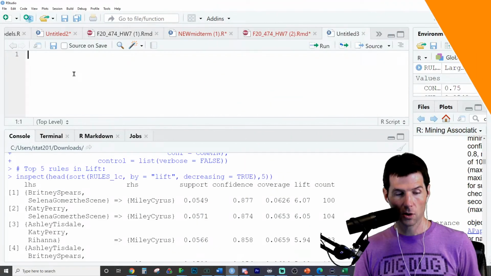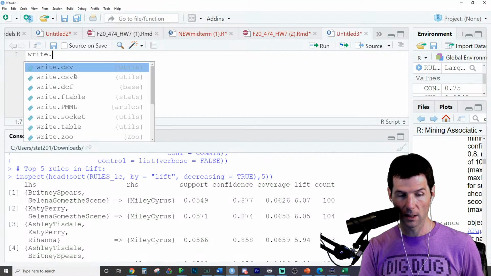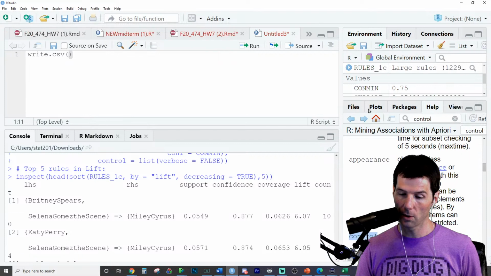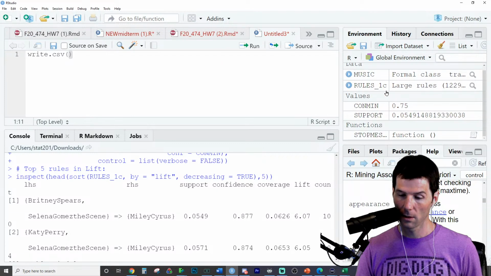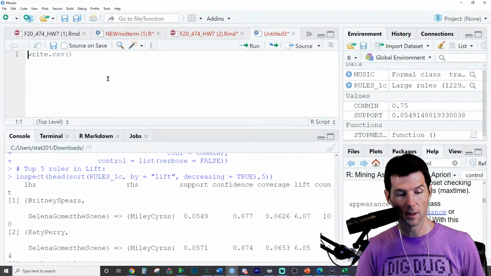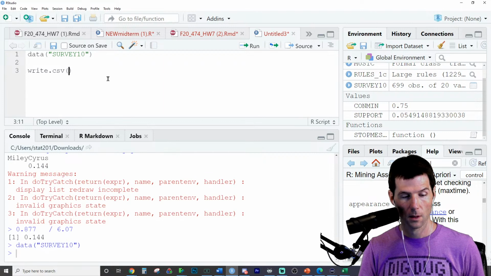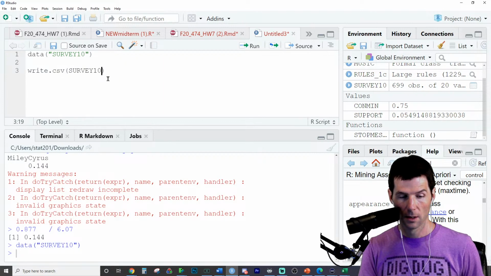Let's go to the main screen. So, to write any CSV, you want to go to write.csv. You want to take something in your global environment, and I'll put some stuff in here.